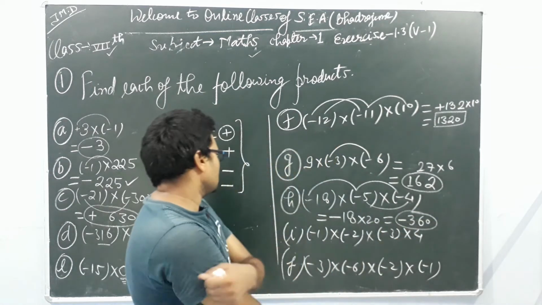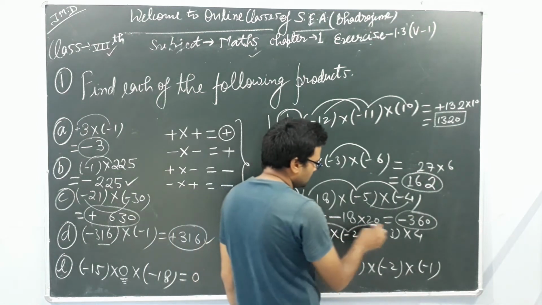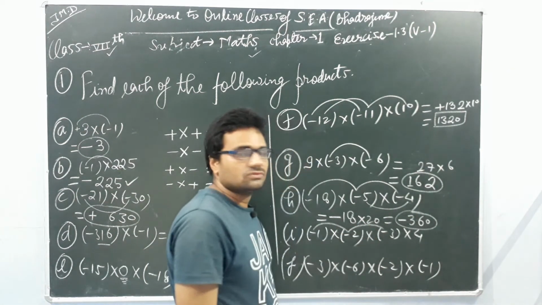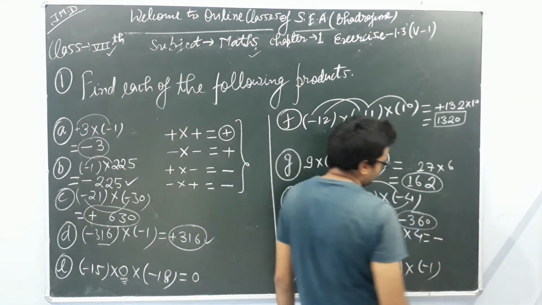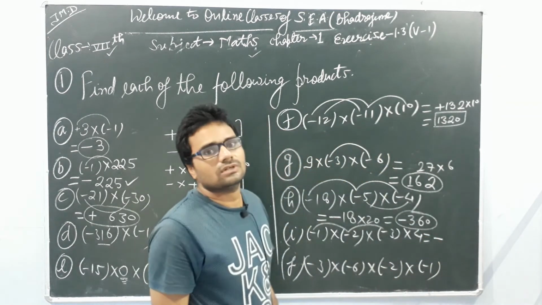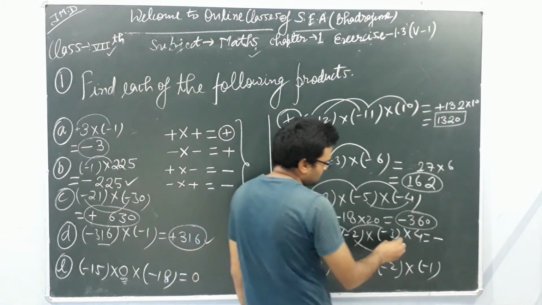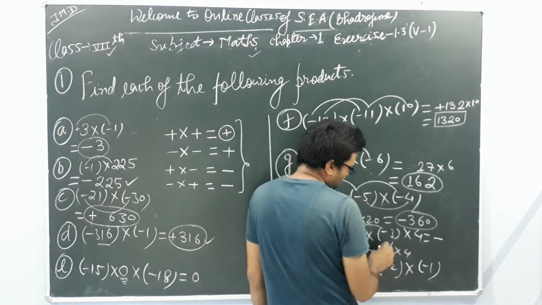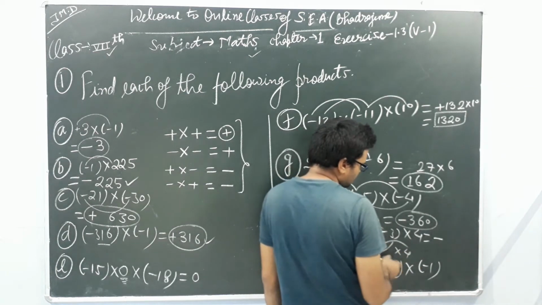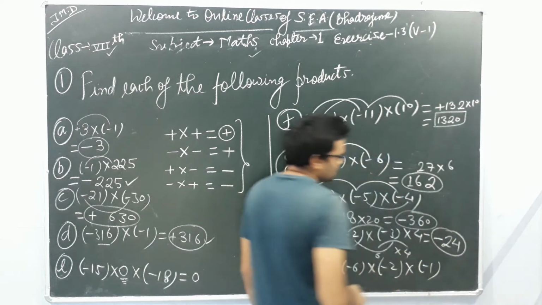Our next one is I. Here we are seeing our minus sign is coming 3 times. Whenever we multiply a minus sign 3 times, we get a minus, as I have already taught you. When 3 is multiplied with 2 and with 3, this is 18, and further multiplied with 4, so our final multiplication is minus 24.